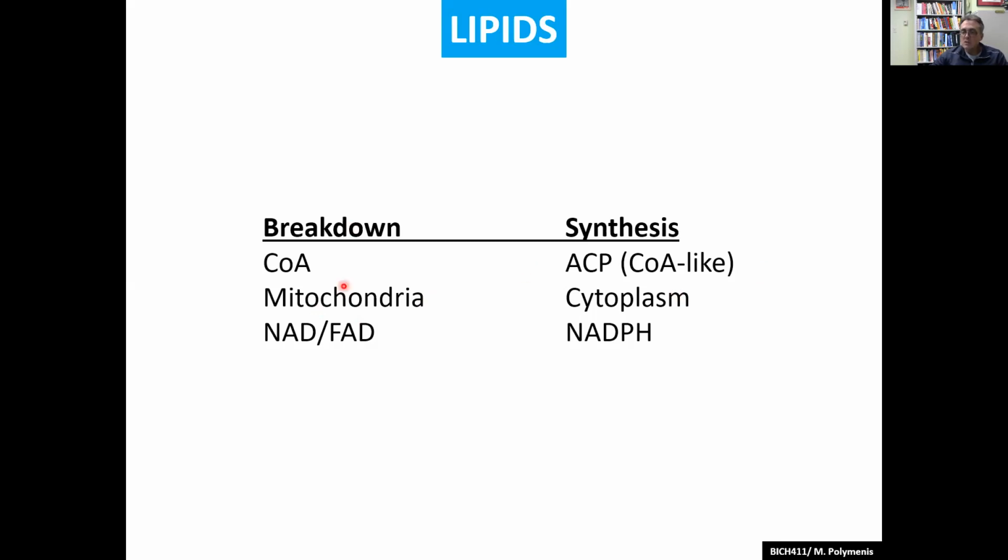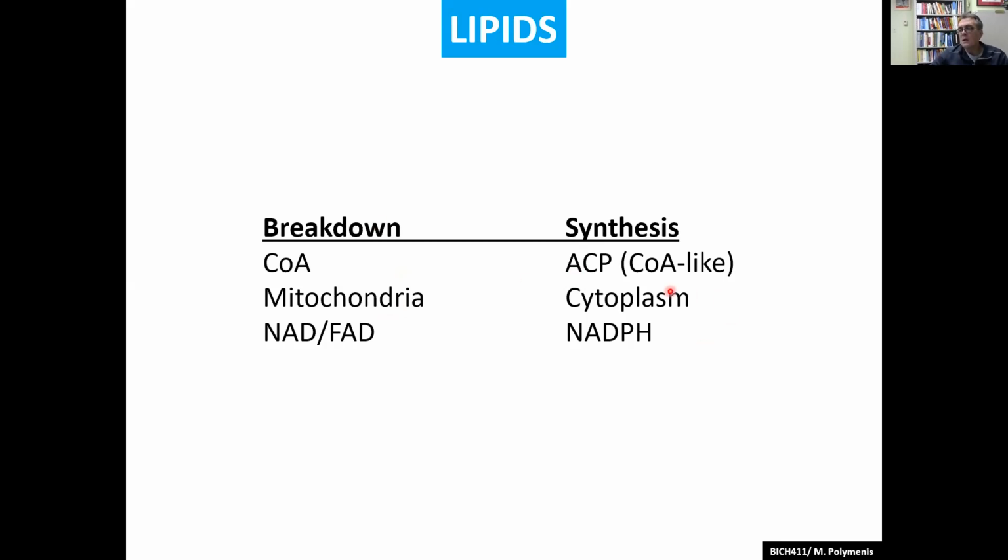So instead of thioesters with coenzyme A, we have thioesters with something that is like coenzyme A, called acyl carrier protein. So we'll see how that works out, but it's still a thioester forming chemistry there. Now, instead of mitochondria, which is where the breakdown happens, here all the synthesis happens in the